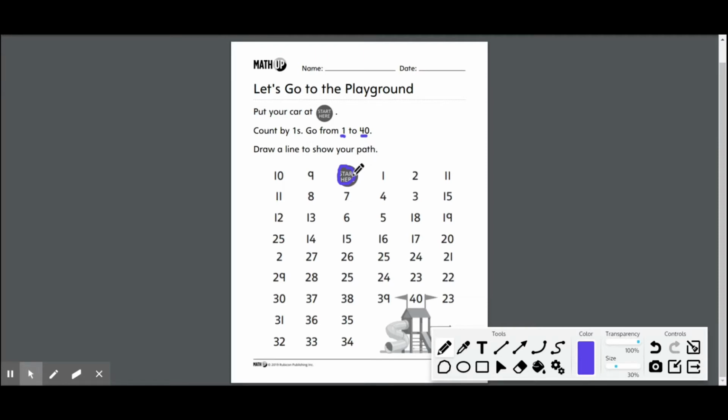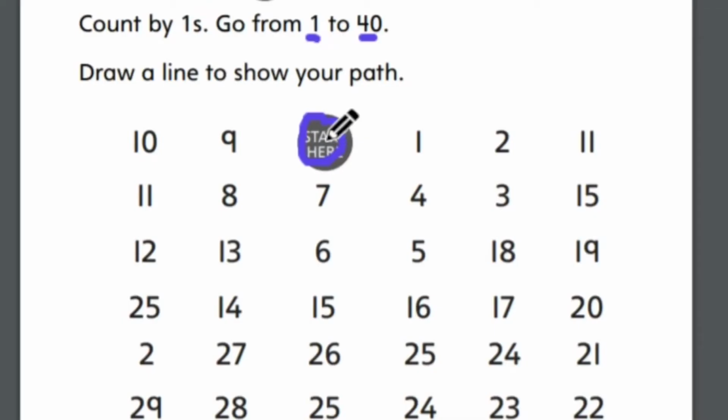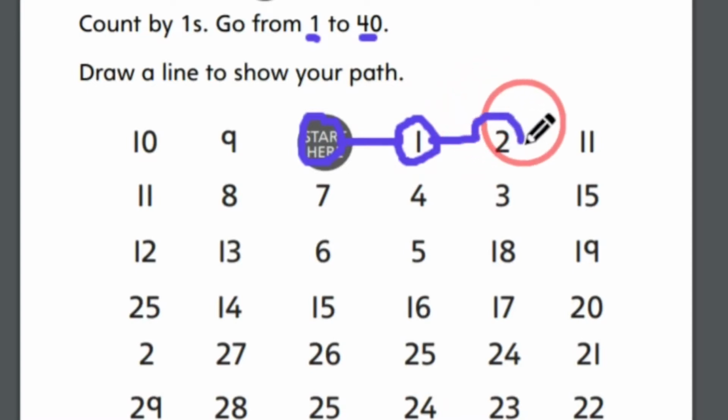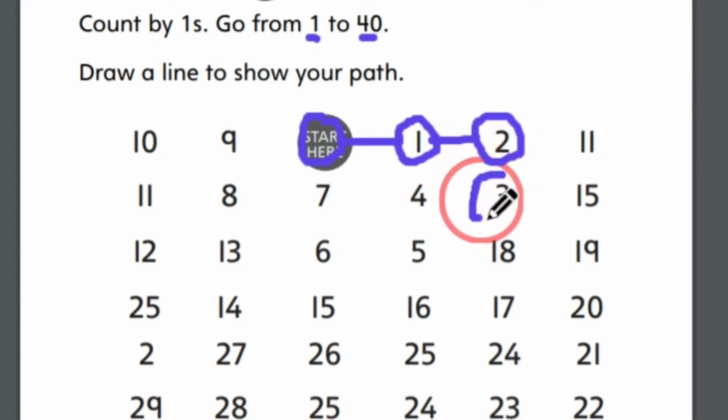So this number maze, I'm starting here. I need to find the number 1 touching nearby. So 9, no. 8, no. 7, no. 4. Oh, there's 1. So I draw a line to 1. And I'm going to draw a circle around it. What's the next number? Is it 2 or 4? It's 2. 1, 2. Do you see what comes next? It's not 11. I have to go, oh, here's 3 down here. 1, 2, 3,